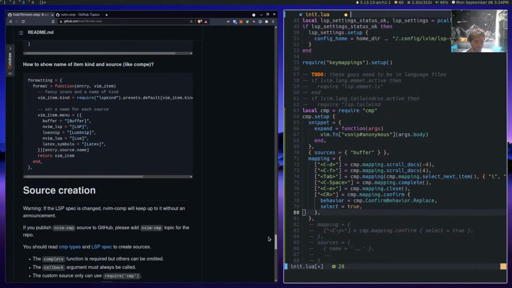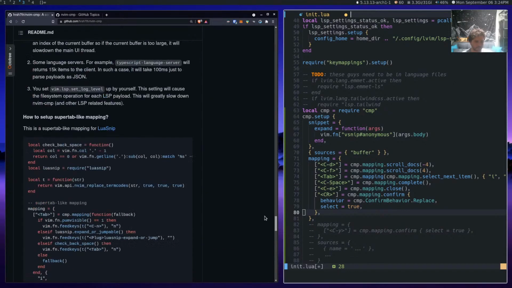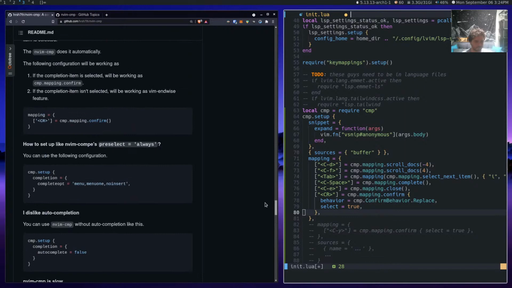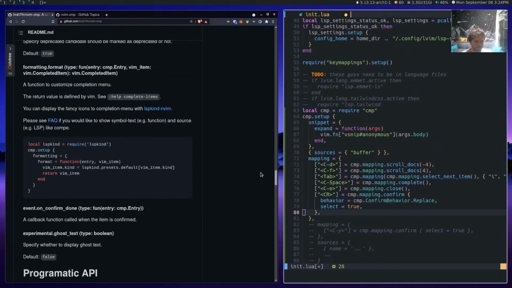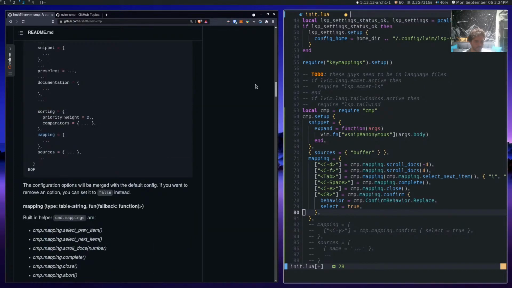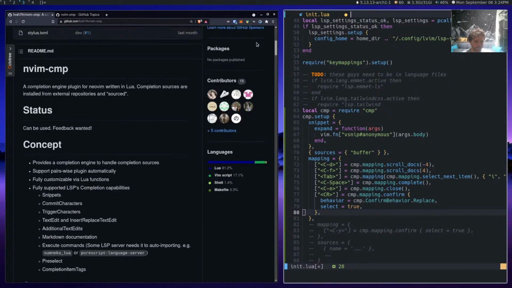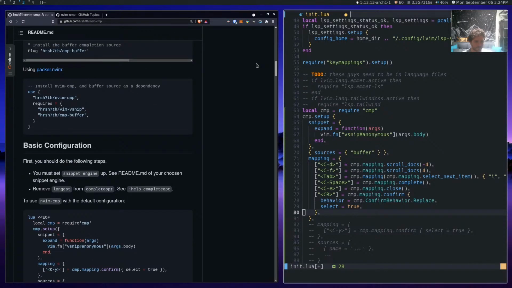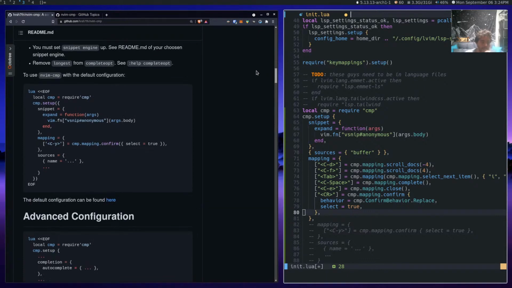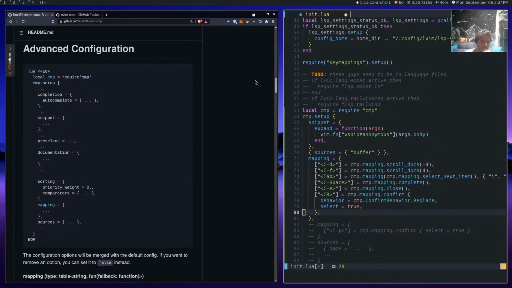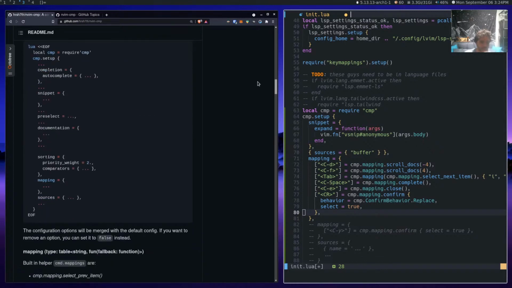Okay. Where did they say sources? You can require the sources there. Then you got this advanced thing which shows you basically just triple dots.